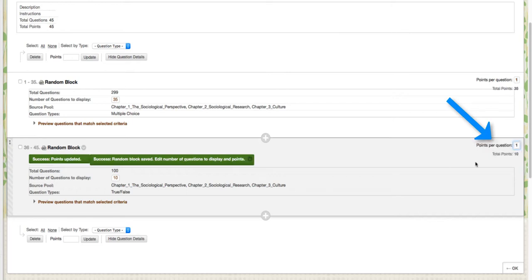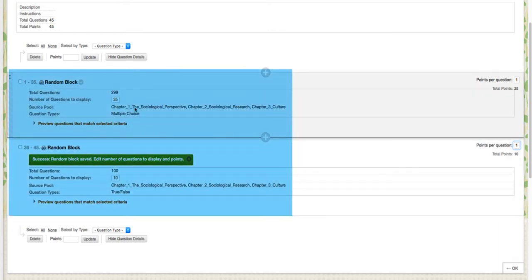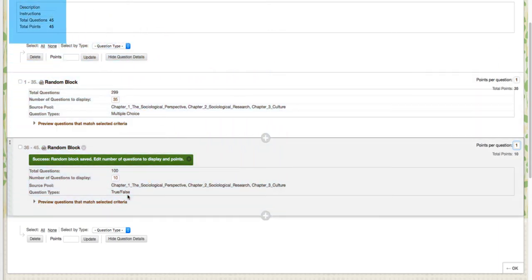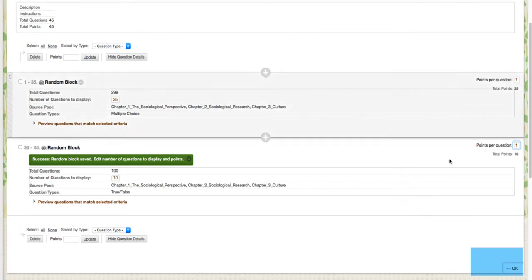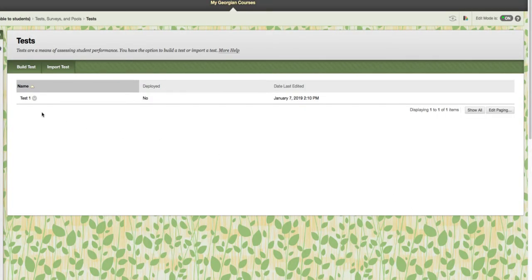Submit. So now we have 2 random blocks. One is the multiple choice questions and one is the true and false questions. They total 45 and there's 45 marks. That's exactly what I want. So now I go OK, and there's my test. Now it's sitting in the area under tests, surveys, and pools, in the area which holds the tests. So now